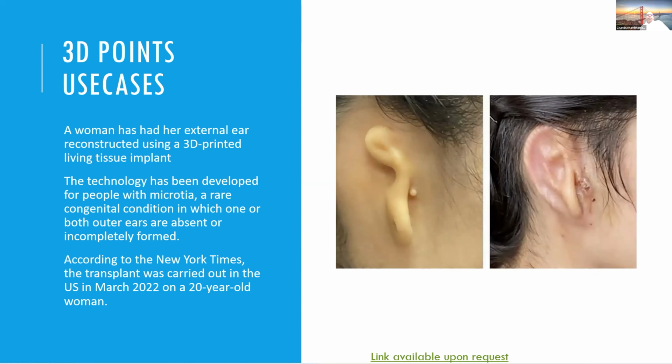One example that is pretty recent, in March 2022, is a woman had the disease called microtia, whose one of the ears was damaged. And that was replaced using the other ear by basically shape matching and 3D printing the model ahead of the surgery. Great application, right? Because obviously the ears have to match, so it's the perfect application for 3D shape analysis and printing and actually implementing in real life.